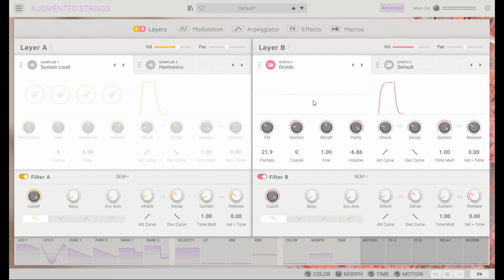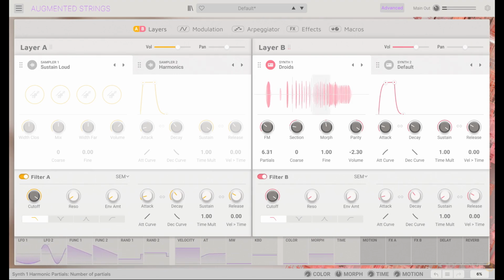And for more complex sounds like this, you are basically just changing the flavor of how it's going through. You have your same coarse, fine, and volume, but you also have on the left side a partials selection, and this is just the amount of harmonics that are really going to be played. So at 21.9, you'll get all your spectrum, but as you go down,